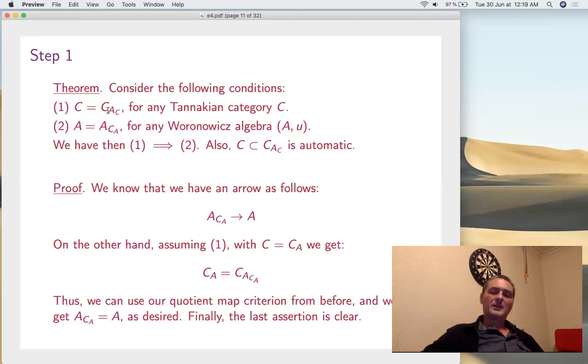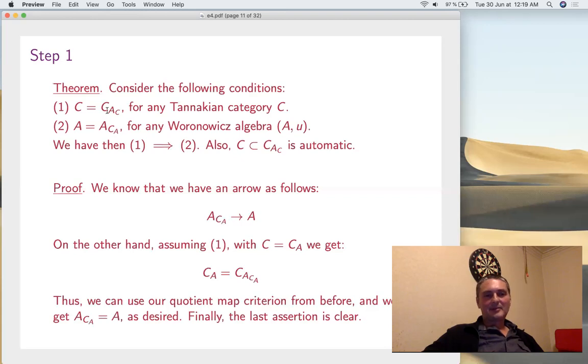We have C goes to A, goes to C. So we want to prove that these things are true, right? The two compositions are here. And the point is that, contrary to what I said before, it was a mistake there. It's not that one is trivial, but one implies the other, okay? And that's what we have here. So it's enough to prove one of them.